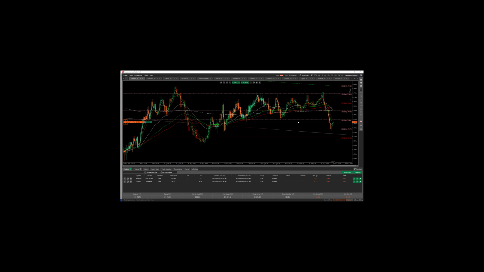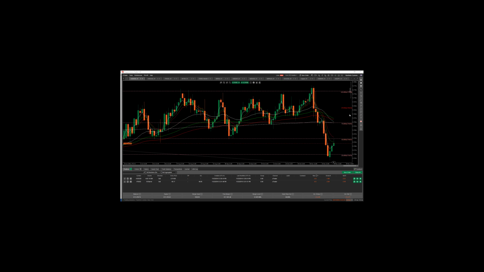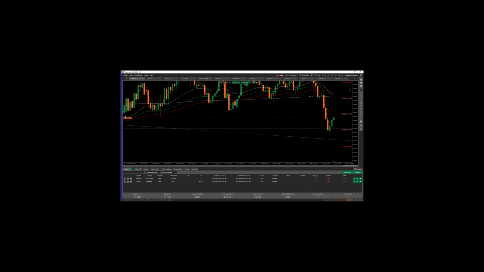What you see on your screen right now is AUD USD. I see further room for a pullback down here. That's why this trade was open. And the stop loss will be just about here, which is 40 pips away. Okay, we are going to compound the trade as it moves into profit.